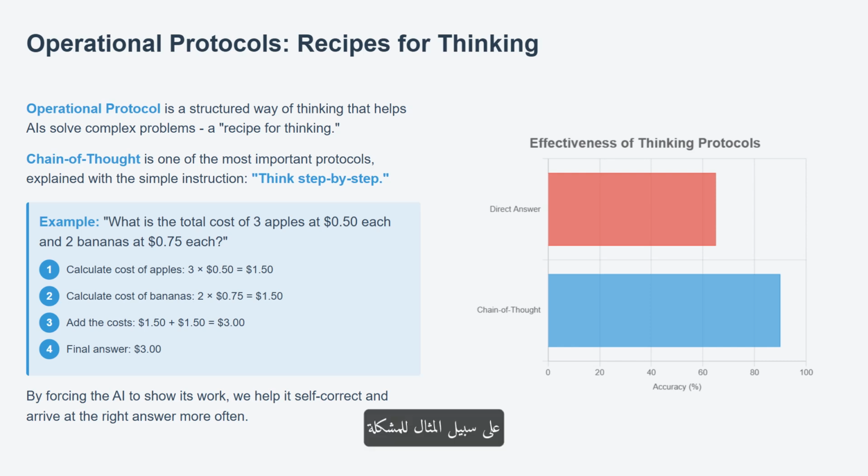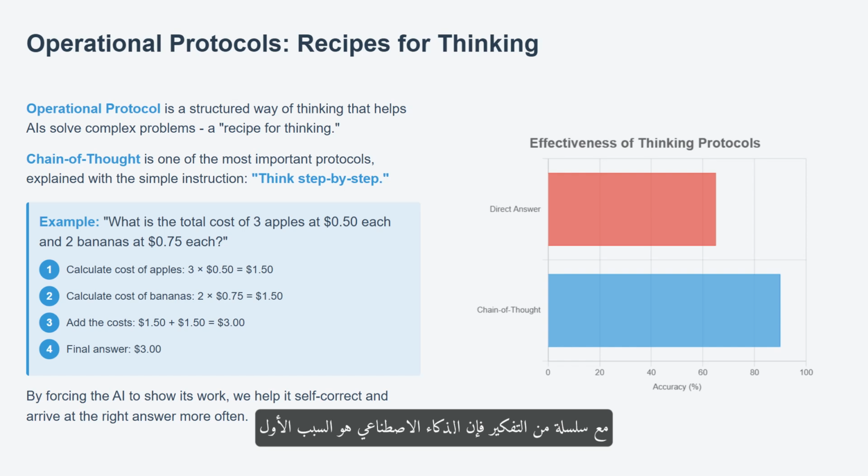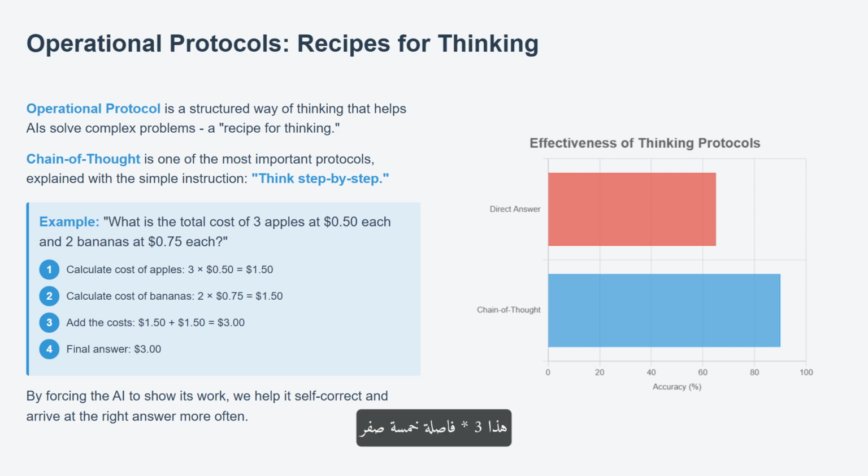For example, for the problem, what is the total cost of 3 apples at $0.50 each and 2 bananas at $0.75 each, with chain of thought, the AI would first reason, first, I need to calculate the cost of the apples. That's 3 times 0.50, which is 1.50. Next, I need to calculate the cost of the bananas.